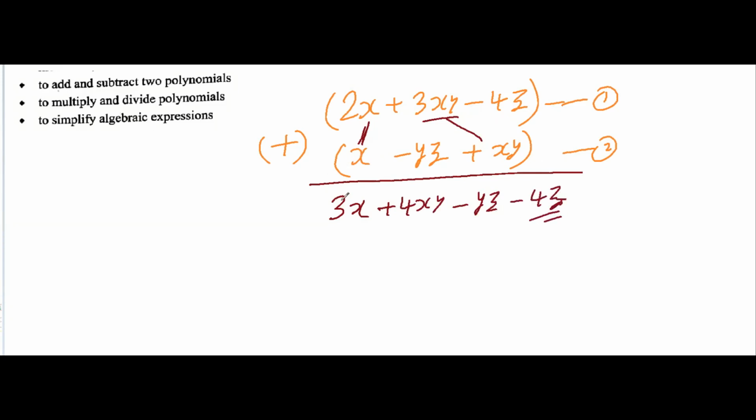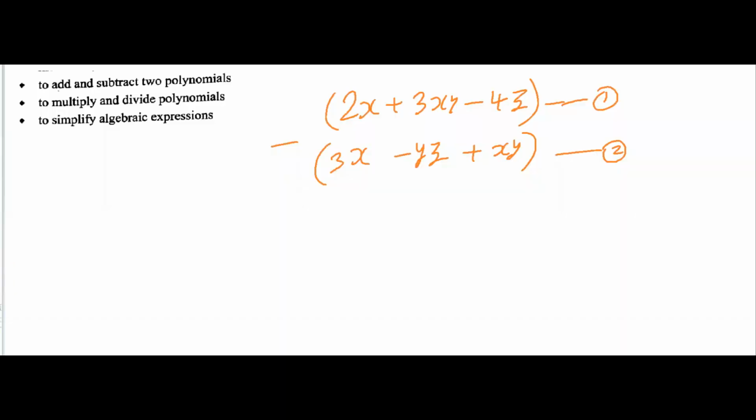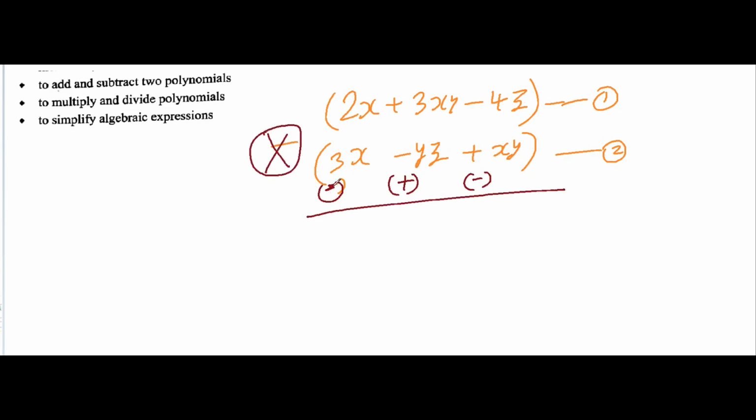Similarly, you can subtract. So when we do subtraction, what happens? You remember? In case of subtraction, we simply change the sign. Here it was plus, I will consider this as minus. This is minus, I will consider as plus. This is plus, I will consider as minus. And then I will not look here, I will directly add it. So 3x minus 3x is only minus x. Then I will write 3xy minus xy, I will get 2xy, then plus yz minus 4z. This is called subtraction of two polynomials.